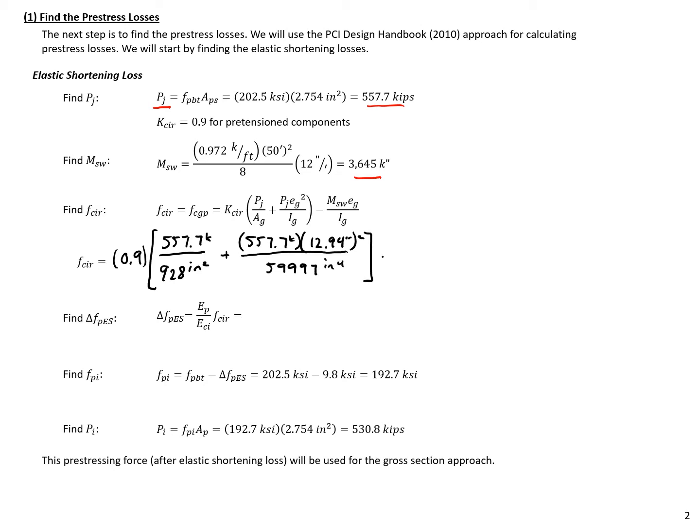Close our bracket, subtract off our self-weight moment,